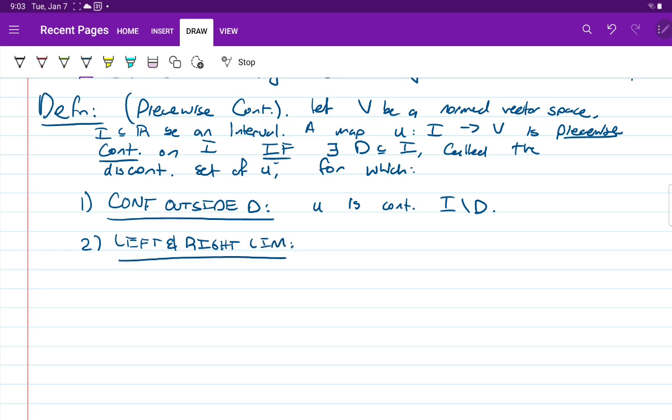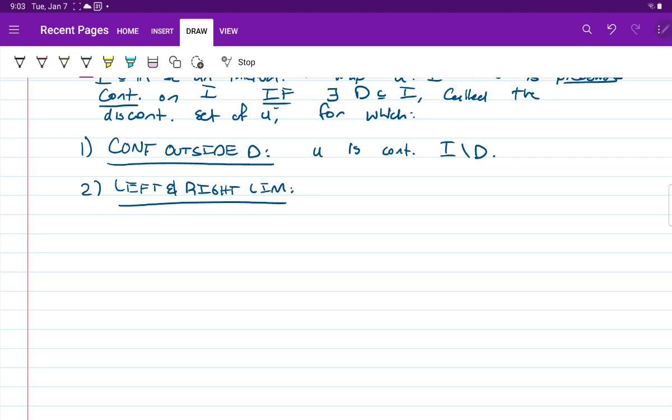For every point of discontinuity, the left and right limits still exist. For all times tau at which our function is discontinuous, the limit as t approaches tau from the left of u of t, and the limit as t approaches tau from the right of u of t, exist